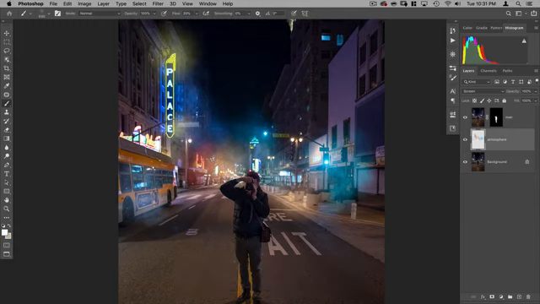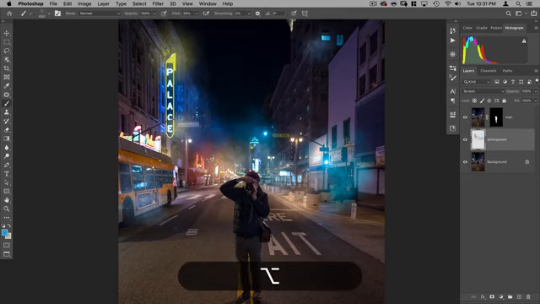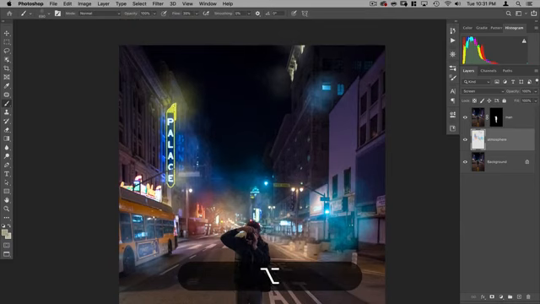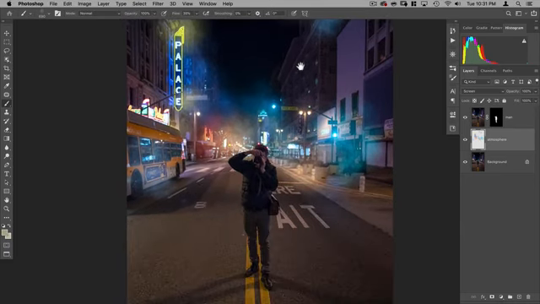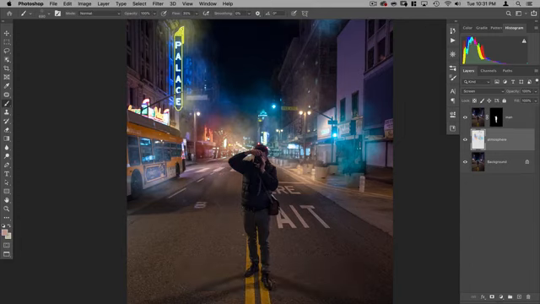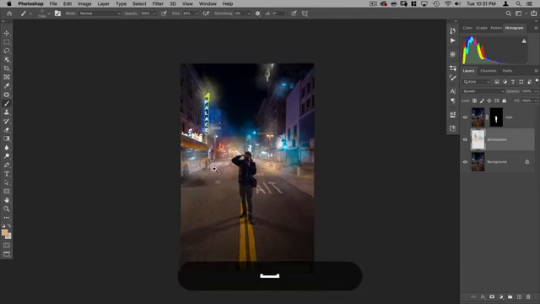And I want a lot of colors in my fog. It's just going to help create a little more sense of realism in our final image here. During a foggy day, you're going to see most of the fog around lights, which is why I'm kind of focusing in on the lighter areas here. And I'm going to use an even bigger brush and just kind of paint all around behind him a little more so we separate him from the background.